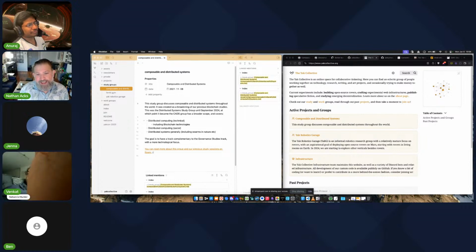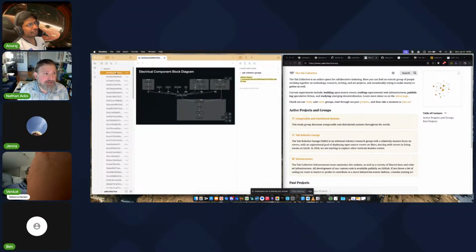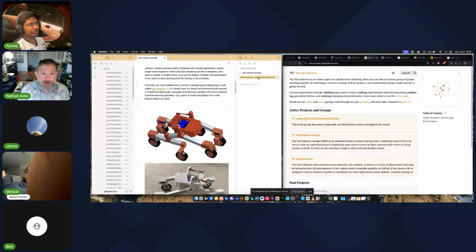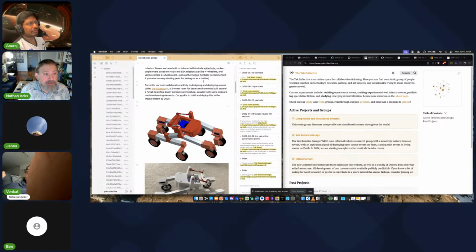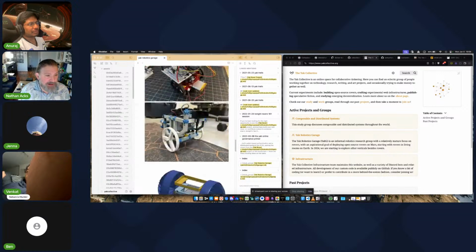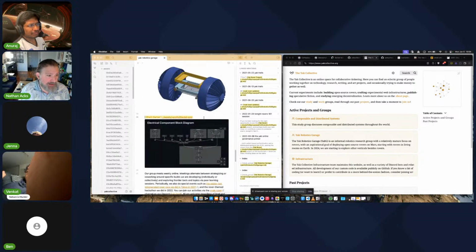If you really hate the fact that they're all named MD5 sums, you could go in there and rename them. I would recommend doing that in Obsidian, because if I click on this file and rename it in Obsidian, that will actually change the name. So let's say I rename this YARG ECBD. We'll just call that. Boom. You'll notice that over here it renamed that automatically for me. And if I scroll down, it still shows up correctly.